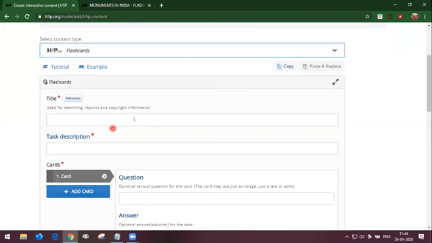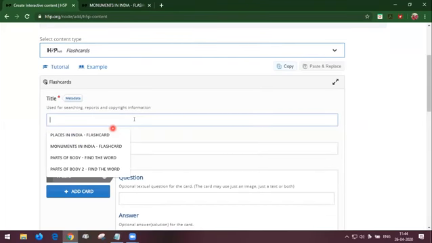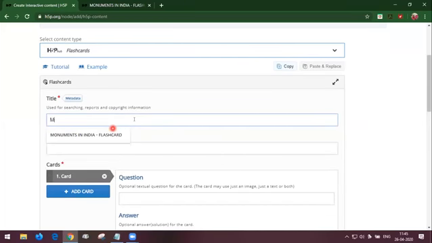First, the title, which is Monuments in India. As I earlier told in the find the word, I am entering the name of the tool here so that I can identify it. The title of the flashcard is Monuments in India. As I already created one, I am naming it as tool. The tool is flashcard. Task description.